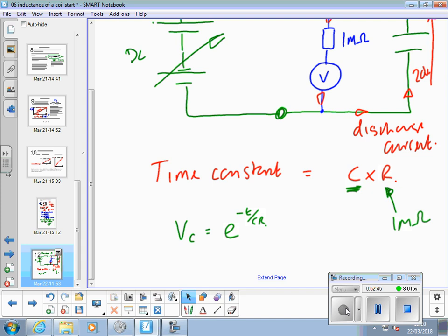What you're interested in is the time constant, and therefore once you've got the value,